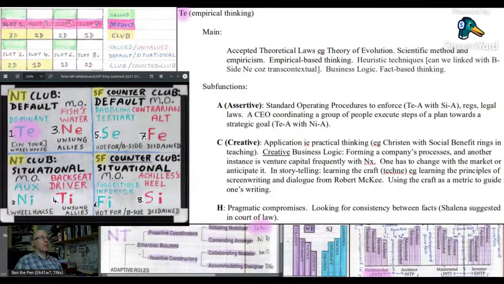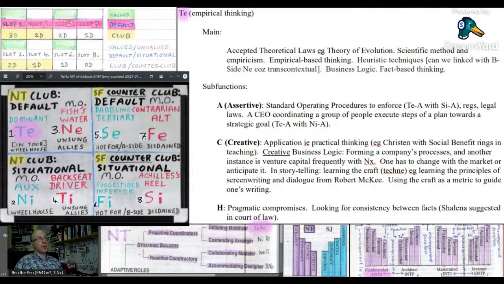So that might be coming through the JP dichotomy in MBTI. The focus is on efficiency for ENTJs rather than ingenuity, whereas for NTPs the focus is on ingenuity and ideas. Now, I'll get into it later. Ideas are also important in ENTJ, but it's going through that filter of TE. What is useful? And a bit like INTJ, every idea is subject to the test of usefulness. That's also a thing with ENTJs.